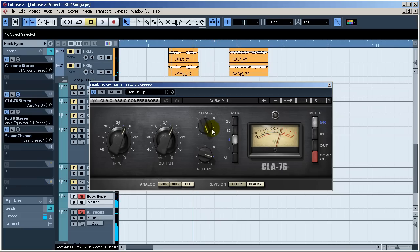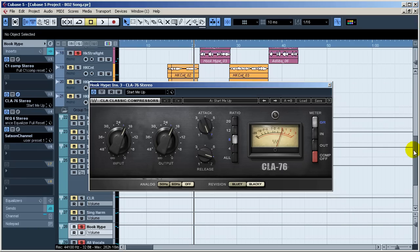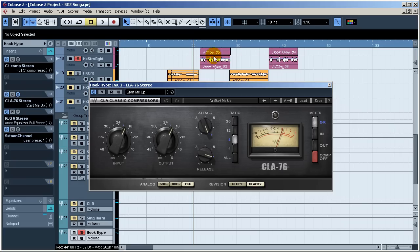Do this. Again, this time I'm using a really fast attack and a fast release, but not too fast. I want to maintain some of the compression on the tail. Okay, so there's that. At an 8-to-1, you notice I'm using a higher ratio. All right, this is going to basically make it appear more apparent, but not too much apparent. It's going to make it, instead of fighting with the main vocals up top up here, the actual real ones,